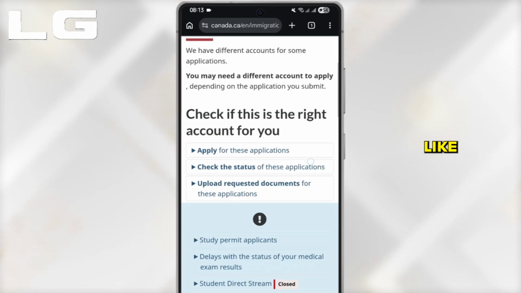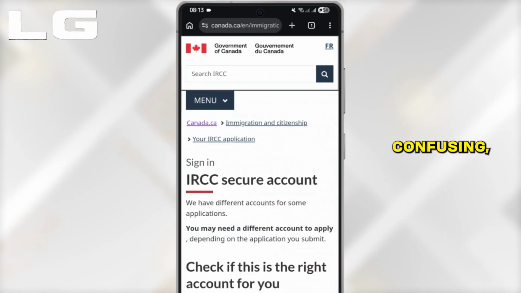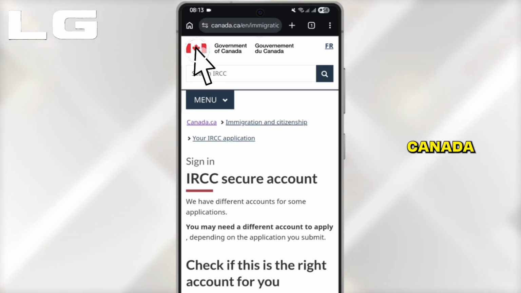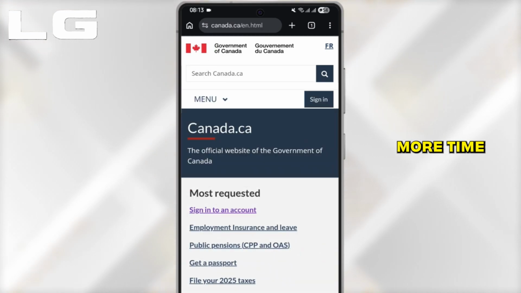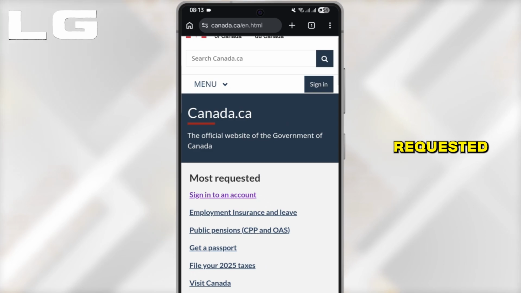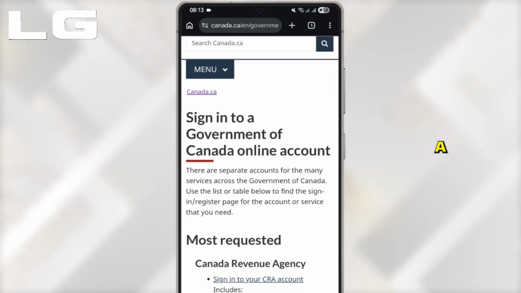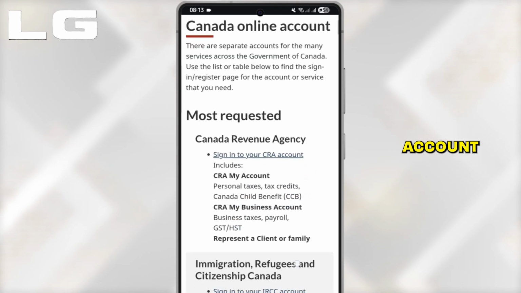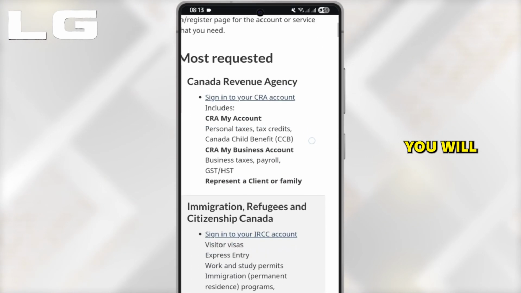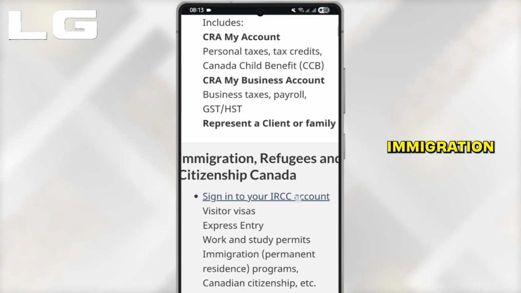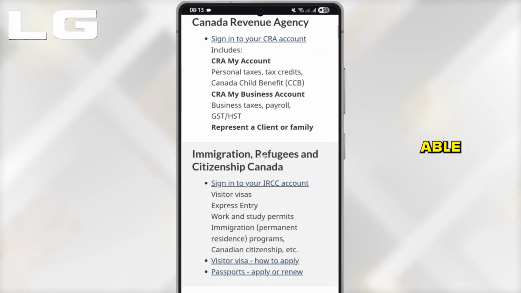You'll get to a page like this. Now here, this might seem confusing, but simply tap onto the Canada flag one more time and you will see most requested menu. You tap on sign into an account. It says sign into a Government of Canada online account. Under most requested, you will see various accounts, but under immigration, refugees, you will be able to see sign into